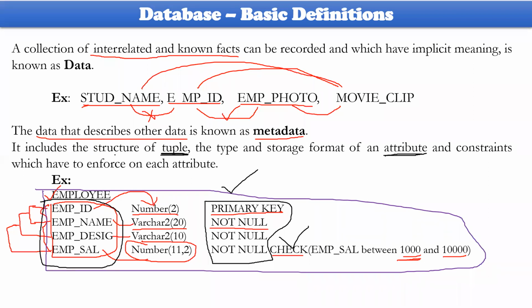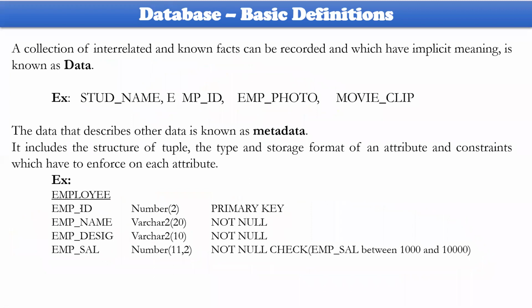So you have to define the structure of each and every tuple, and what is the storage format of each and every attribute. So structure in the sense employee ID, employee name, designation, salary. This is the structure. I wanted to store this particular information. If you go ahead with